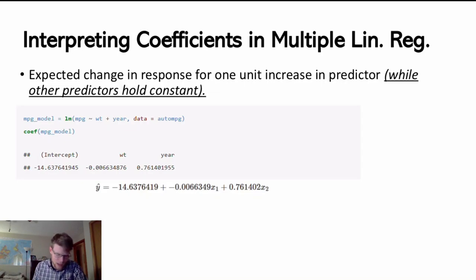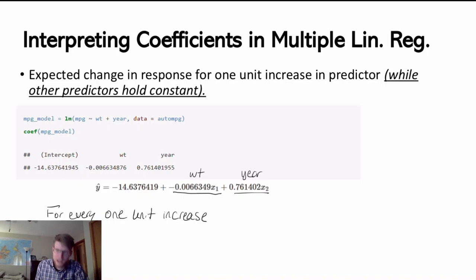So I'm going to practice here by writing out this interpretation. Notice that we have a coefficient for weight. We have a coefficient for year. So I'm going to start with weight. For every 1 unit increase, I like to say unit because I can use that word in any context, and maybe if I want to be really precise, I'll say for every 1 pound or 1 kilogram or whatever it is, but since I'm not sure at the moment, I'm just going to say unit. For every 1 unit increase in weight of the car,